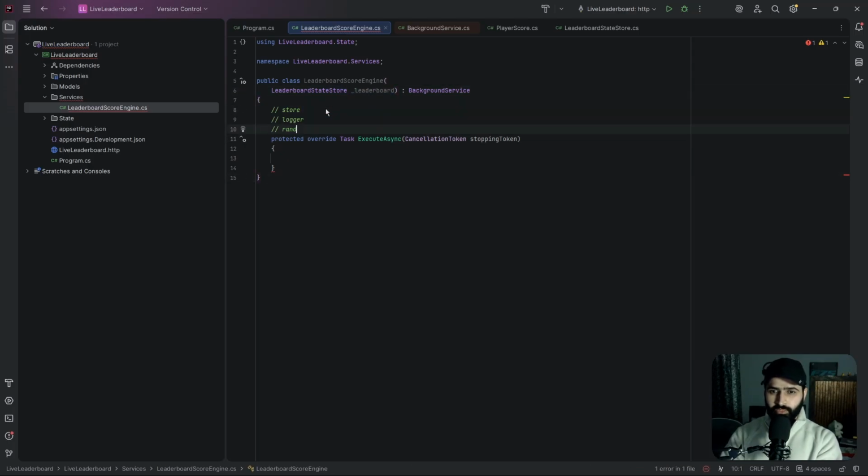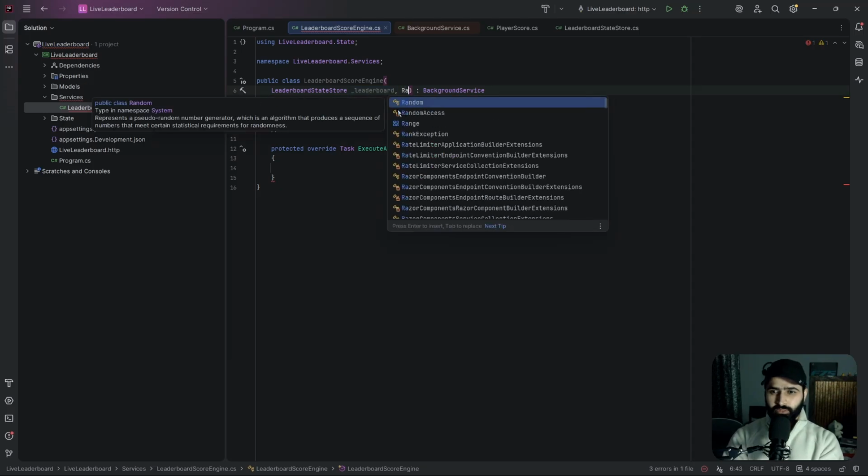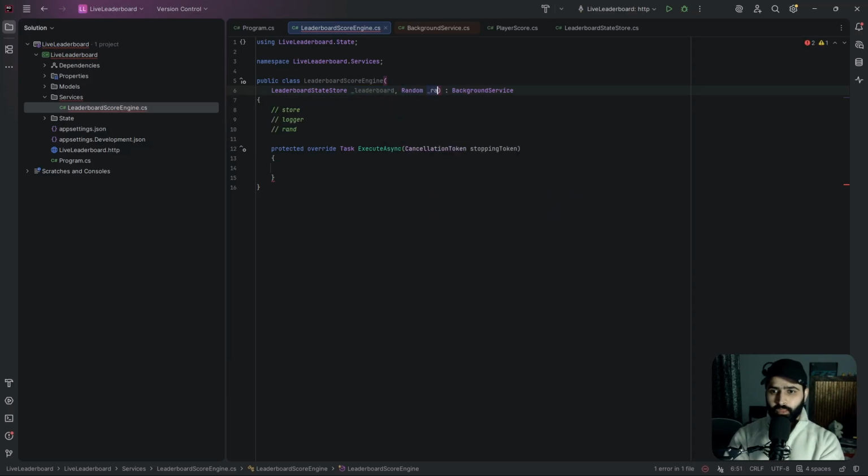Logger you will write. And for the rand, we can simply create rand here. We'll take Random rand. Okay. Now here in the ExecuteAsync, the very first thing we need is to seed players,